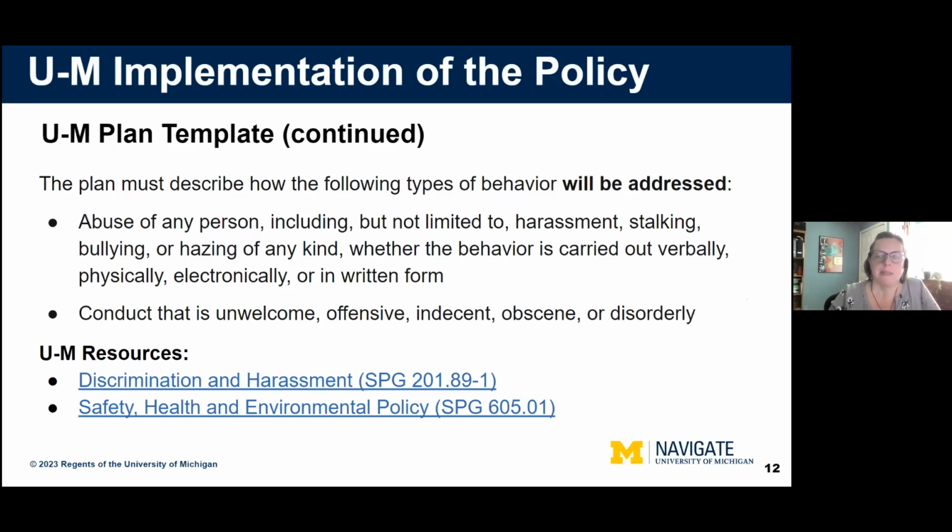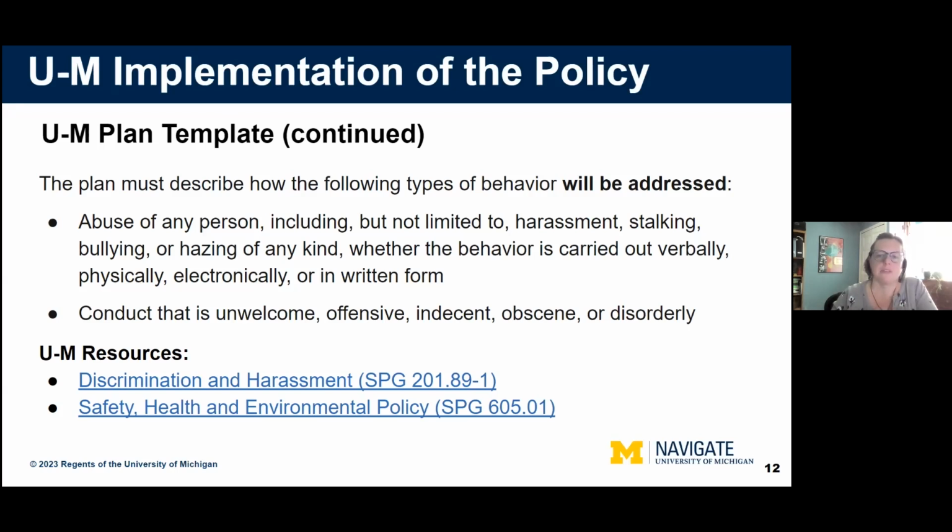So in the plan, as Pat had said, it's not really a new concept at U of M. Again, the plan has links and references to existing U of M policies. This plan is just explicitly calling out these policies and making it clear how they will be followed in the specific off-campus, off-site situation described in the plan. It's not just an assurance to NSF, but an assurance to all U of M folks involved in the off-campus, off-site research that there are protections in place and a plan to protect their safety and health.